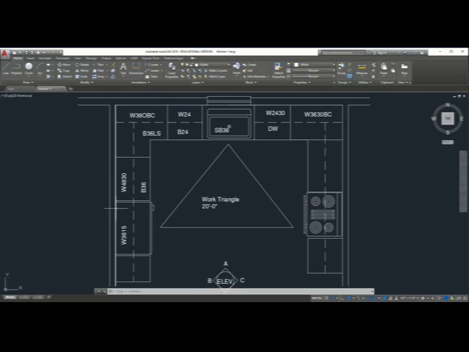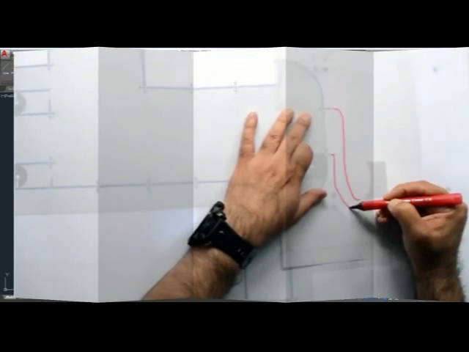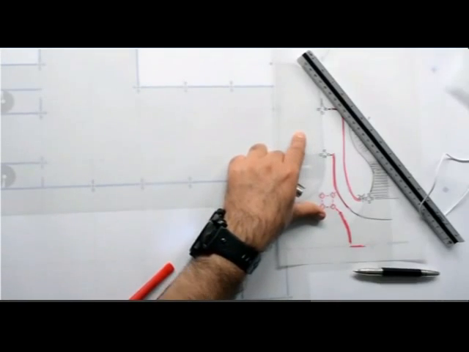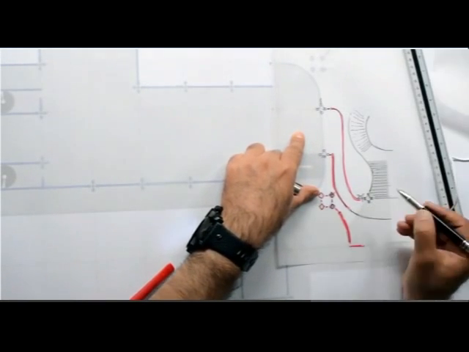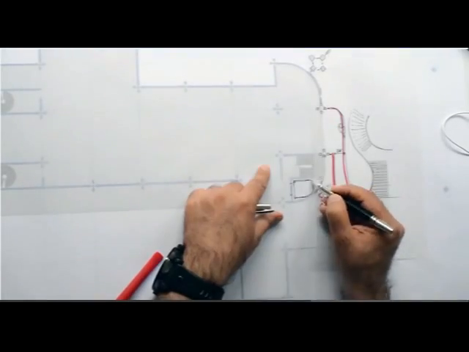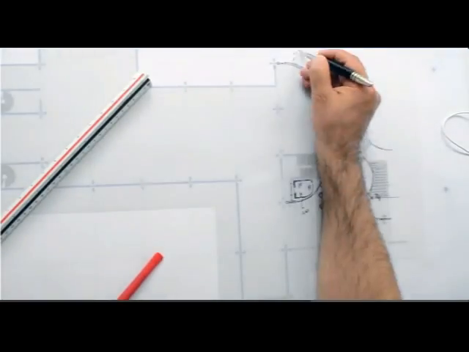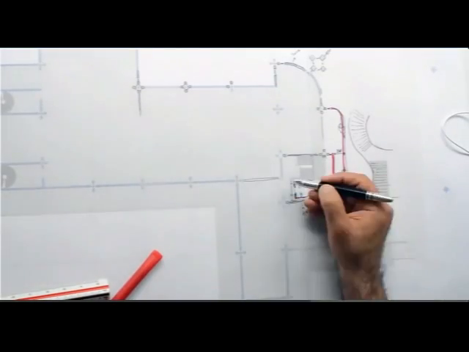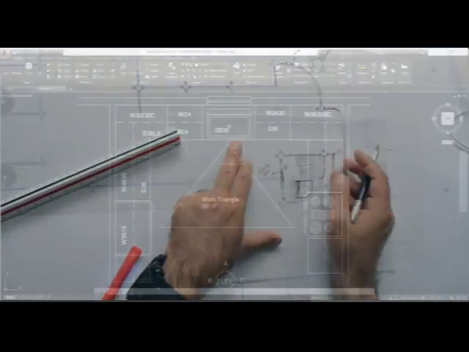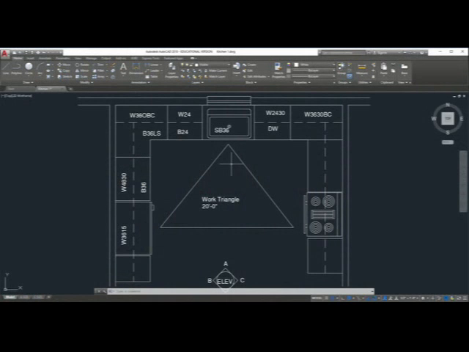As you're finishing up your kitchen plan, I want to talk to you a little bit about layers. Layers are kind of like tracing paper, and if you can imagine having different sheets piled on top of each other for different things. For instance, you might want to have all your line work for your walls and whatnot on one layer, all your appliances on another layer, all your text and dimensions on another layer. And what this does is allows us to be able to remove those sheets of paper to clear up our